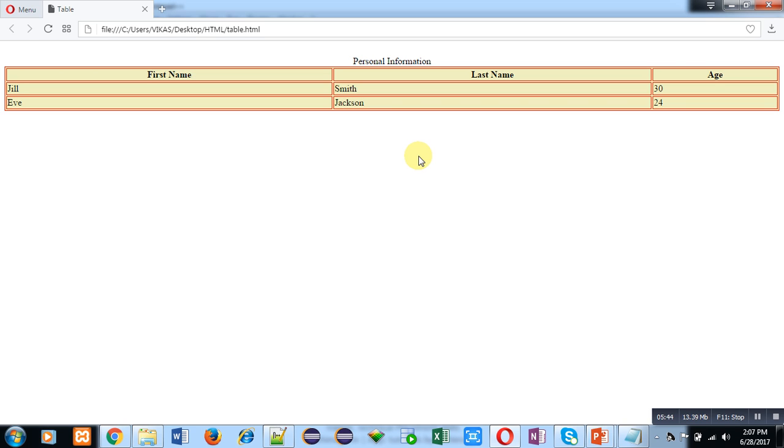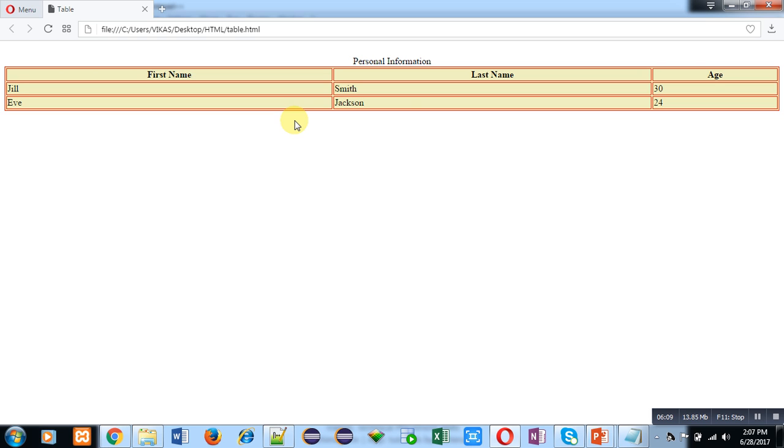And table headings are in bold and table data in unbold. Now you can see that background color is also available, but there is a problem. There are two borders for table data and table headings because we have applied border on table heading and table data. So that's why two lines are available for designing this table.